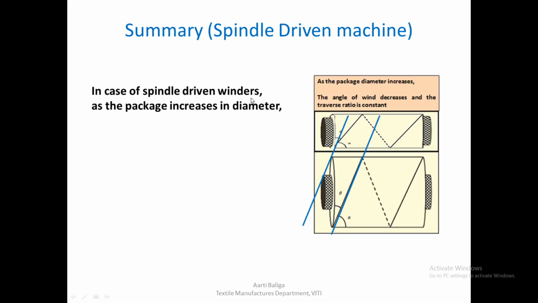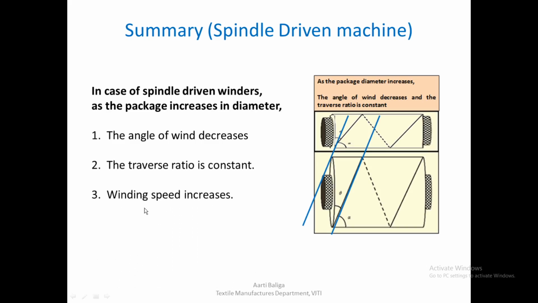In case of spindle driven winders, as the package diameter is increased, what we see is the angle of wind is decreased, and the traverse ratio is constant. So to summarize, the angle of wind decreases, the traverse ratio is constant, winding speed has increased, and with this background of drum driven and spindle driven machines,